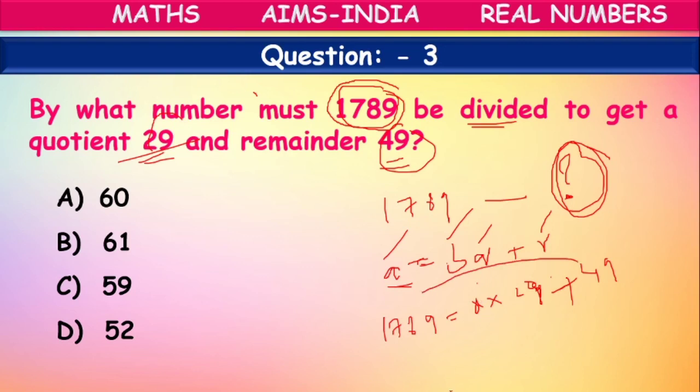So let's take plus 49 this side. So what will it become? X into 29. We will write it separately. Equals to 1789, plus 49 comes this side, means minus 49, which is equal to 9